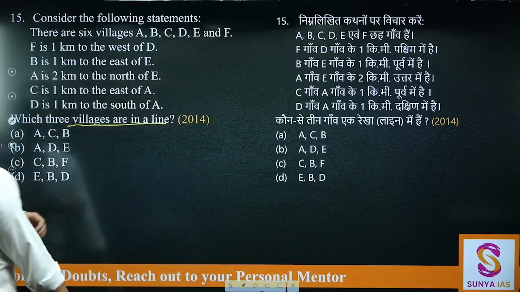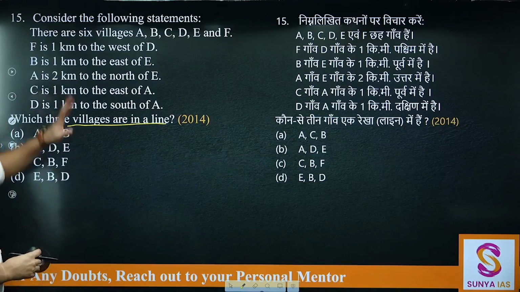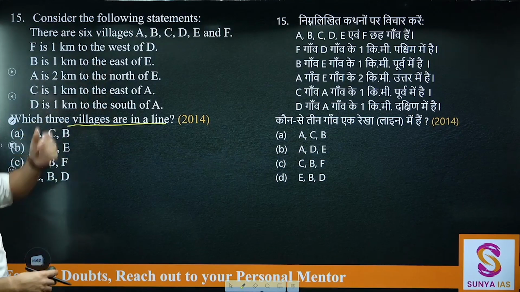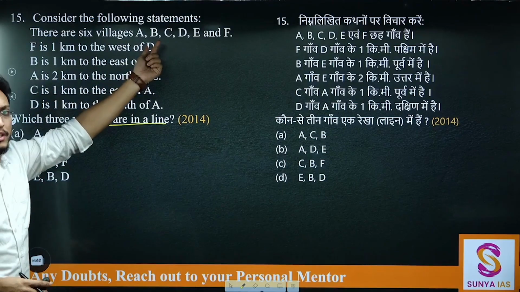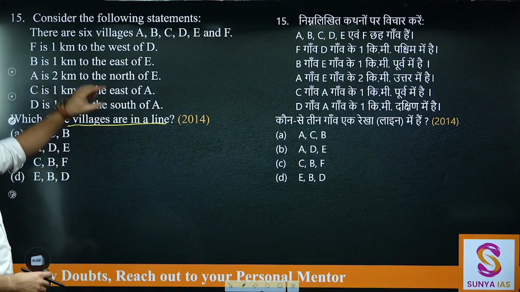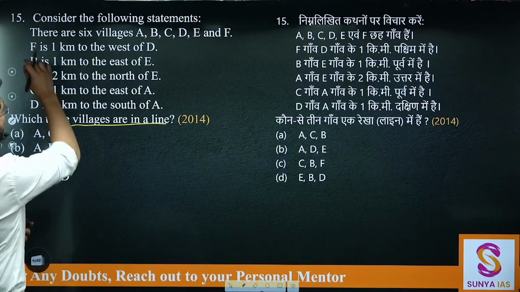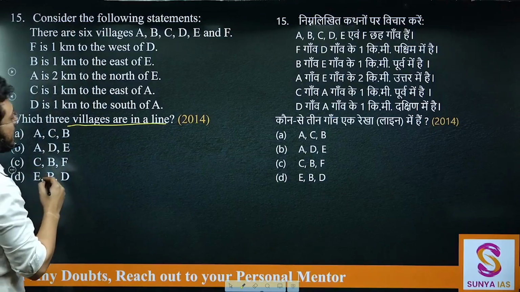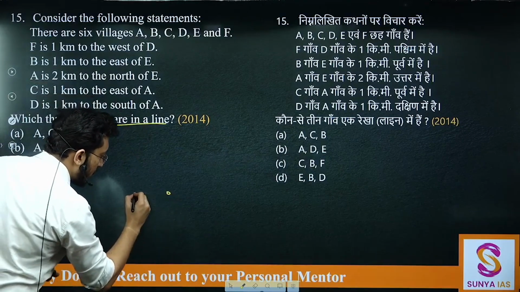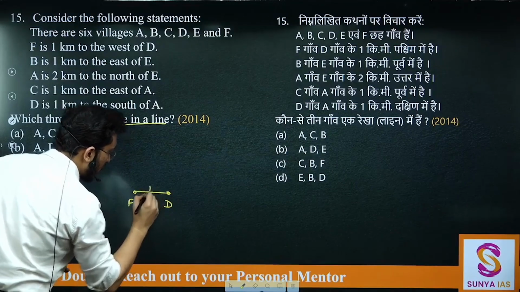So there are 6 villages. F is 1 kilometer west of D. अब ध्यान क्या रखना है, use the statements very smartly. स्मार्टली का मतलब क्या है, जैसे यहाँ पर आपको F और D की information is given, look for the statement जहाँ पर F या D की information is given, then only इसके बाद वो वाला statement use करना है. So let's say I am using the first statement, F is 1 kilometer to the west of D. So let's say this is point D, F is 1 kilometer to west of D. So this is D, this is F, this distance is 1 kilometer.